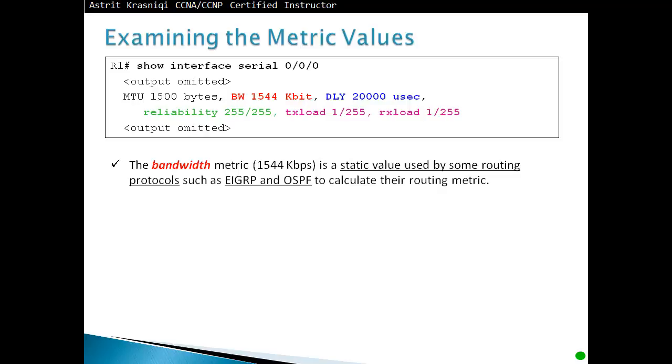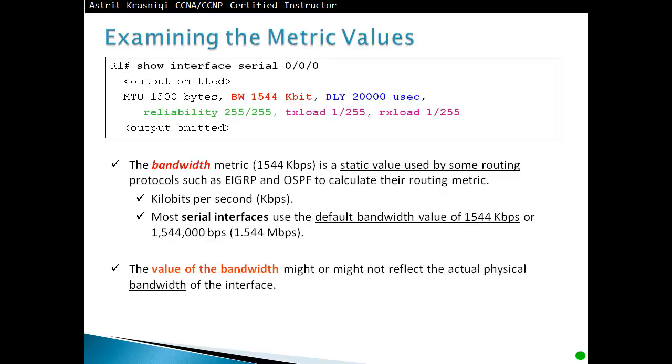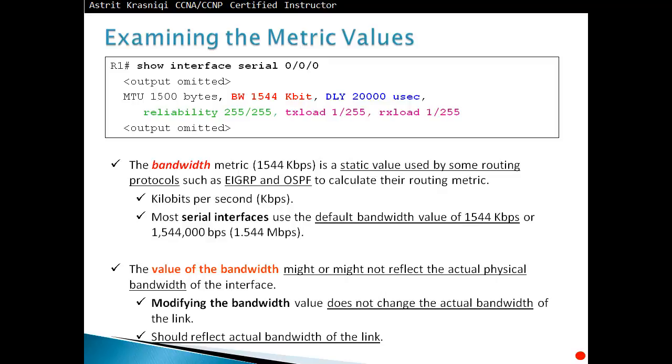So the bandwidth metric is 1544 kilobits per second. It's a static value used by some routing protocols, such as EIGRP and OSPF, to calculate the routing metric. It's in kilobits per second. Most serial interfaces use the default bandwidth value of 1544 kilobits per second, or 1,544,000 bits per second. The value of the bandwidth might or might not reflect the actual physical bandwidth of the